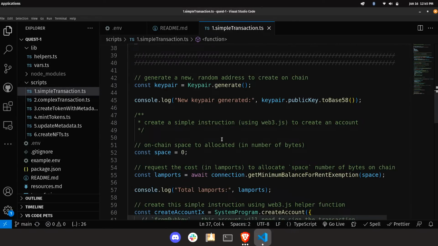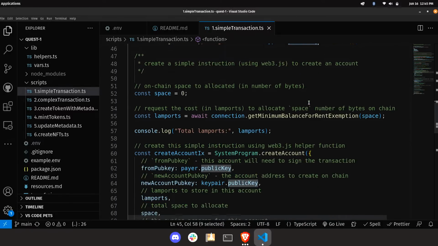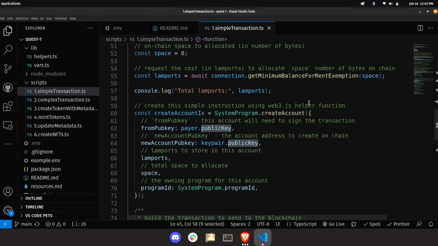Next, I'm generating a brand new, fresh, and random key pair to be used just to demonstrate some of the additional functionality, and we're going to log out the actual address of that key pair. And then finally, we can start building our first transaction, and specifically our first instruction for our first transaction. The first thing we're going to do is create an account on chain. We're going to take our payer address that we have already funded with our SOL balance, and then create that new random key pair. We're going to allocate space on chain so that we can tell the Solana DevNet blockchain, in this case, that we want this address to exist on chain,